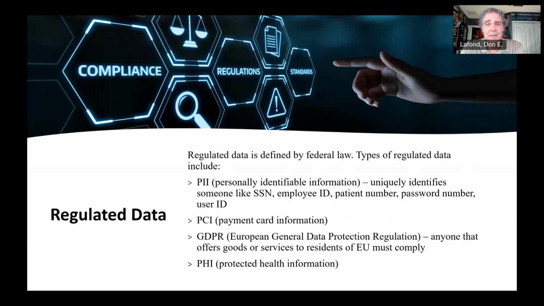Yep, that's it. PII, personally identifiable information. It's basically information that uniquely identifies you, like your social security number, your employer ID, your patient number, maybe a user ID. Those are considered PII, and it is controlled by law. Companies get into big trouble if they accidentally lose social security numbers and client information out to the web. If they're hacked and hundreds of thousands of records go out, they get in trouble and they can be fined.